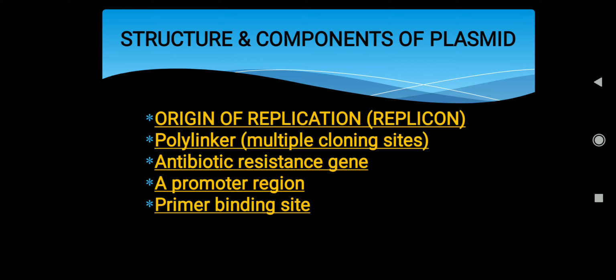The next component is antibiotic resistance genes. So, these antibiotic resistance genes are a main component of the plasmid. Now, these genes play a very important role in drug resistance. They carry the genes responsible for drug resistance. What are these drugs? Antibiotics. They carry the genes responsible for antibiotic resistance. So, this makes the treatment of some diseases more challenging.